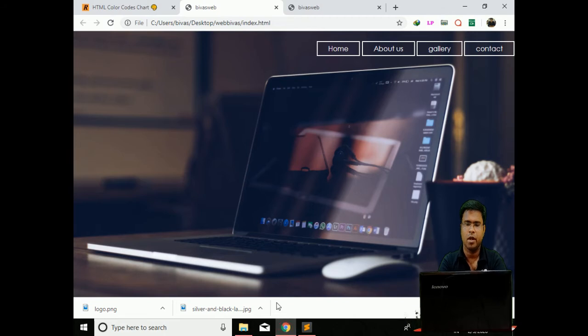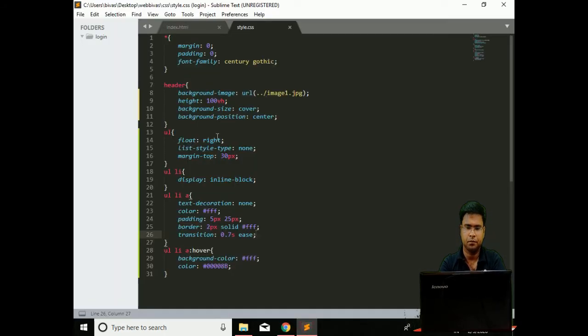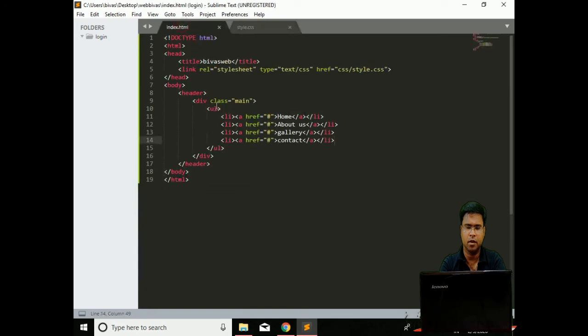Now coming back, I am coming to our index part for coding.